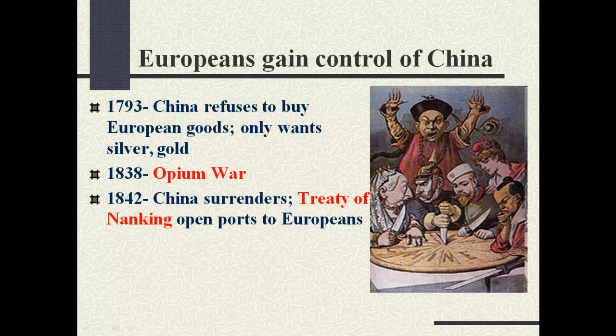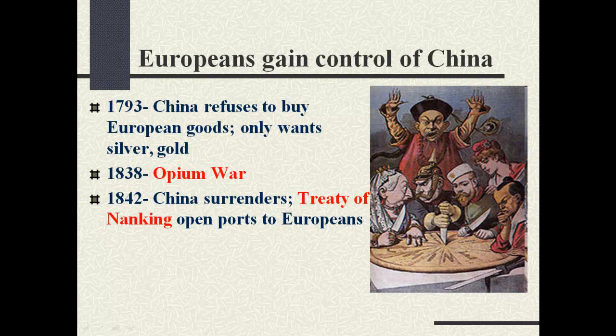In 1842, China surrenders. The Treaty of Nanking opens ports to Europeans. Now, if you recall, in my Korean lecture, Korea saw the Opium Wars, and that's one reason why Korea wanted to maintain their isolationism. Now, in the Opium War,